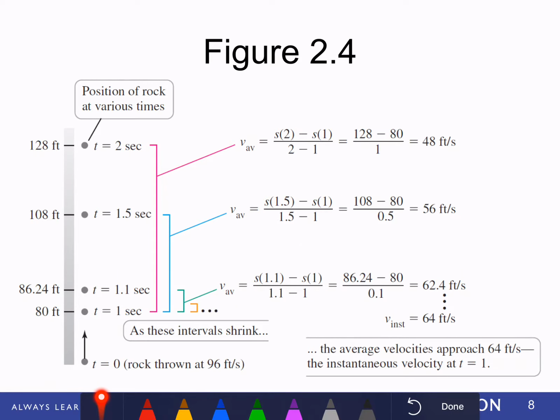And we look at this a different way. We look at these now in a picture where we always kept the time fixed at the 80 feet. Here was the 2 seconds, the 1.5 seconds, the 1.1 seconds. We can only show 3 because they get a little bit clustered down here. We're trying to approach what we're going to call an instantaneous velocity by making the time duration as small as